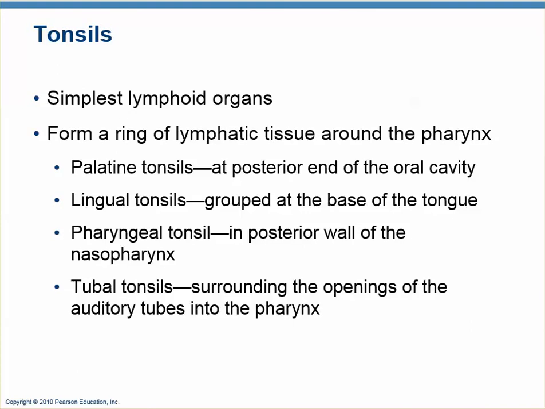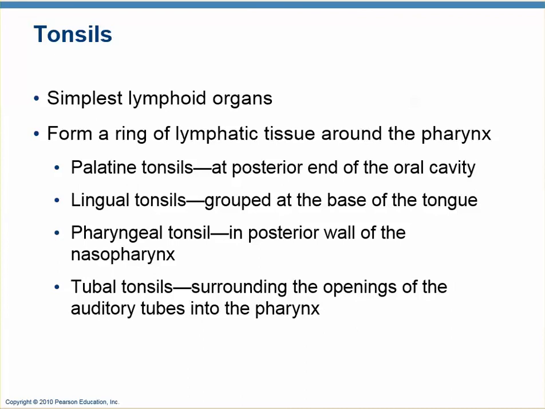Tonsils are really lymphoid organs that deal with passage of things through the digestive system. They're more like quality control. They take samples of anything you're swallowing, food and drink, and check it for pathogens before it enters the body. It's kind of a ring around the pharynx. So there's ones on the palate called palatine tonsils. There's one at the base of the tongue, lingual tonsils. There's some in the